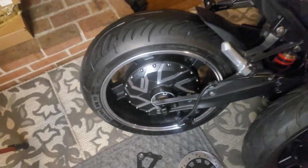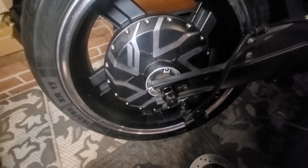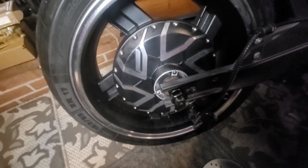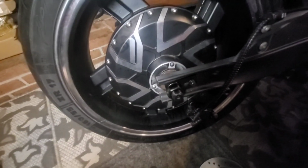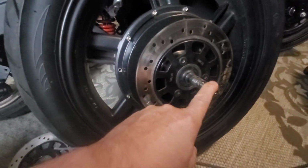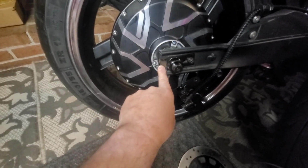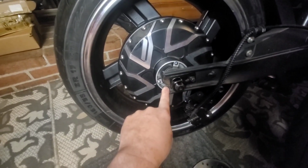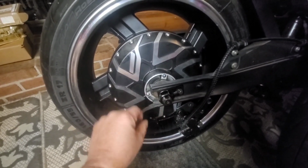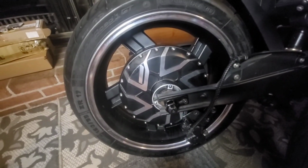So we are back with this QS motor install as far as the upgrade. And I told you guys last time the difference in the two axles. This axle is a lot bigger, so we had to finish shaving the dropout, as far as the slot, how wide the slot is to fit the axle up in there. So we were able to do that, and